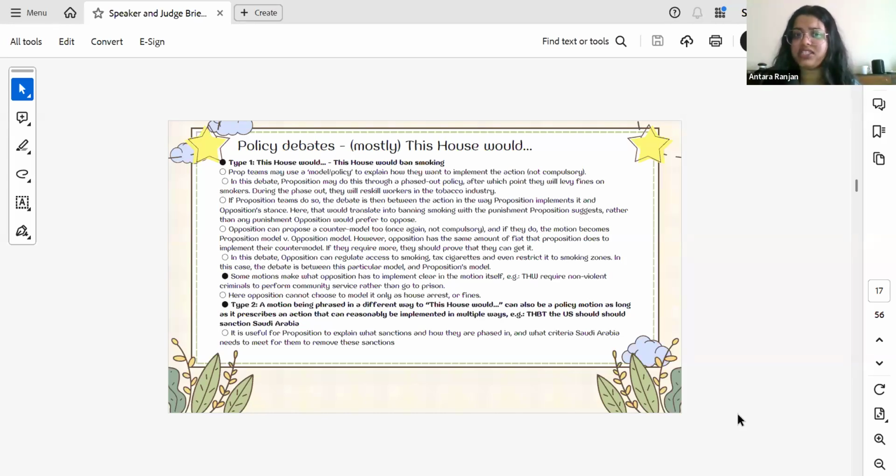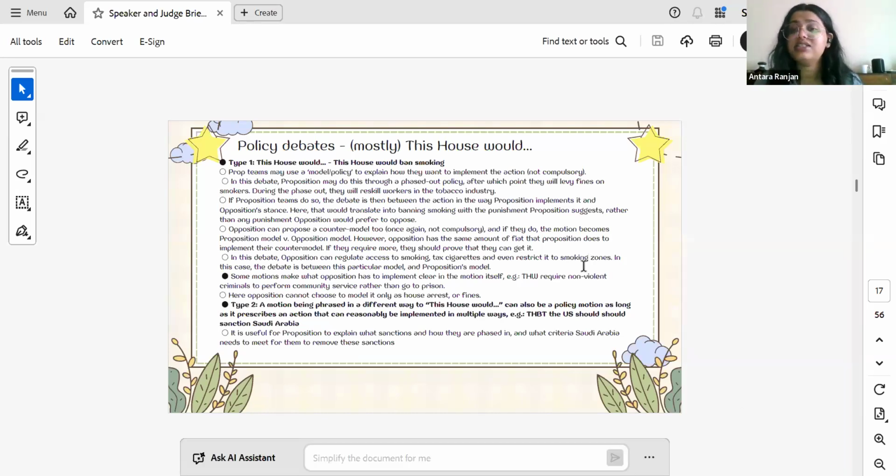Often you will have a motion set which will make it clear what the policy is within the motion itself. So, for example, if you pay attention here, there is a motion, right? It says "this house would require non-violent criminals to perform community service rather than go to prison". Then what both sides have to implement and argue about becomes clear within the motion. Side government has to argue for a world and a policy where community service is what prisoners have to do, versus side opposition, which has to give a policy on why these people have to go to prison instead, right? So policy motions often make it quite obvious within the motion itself what the debate is going to be about.